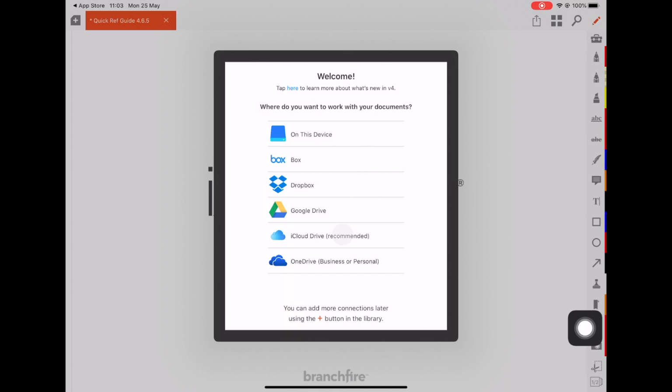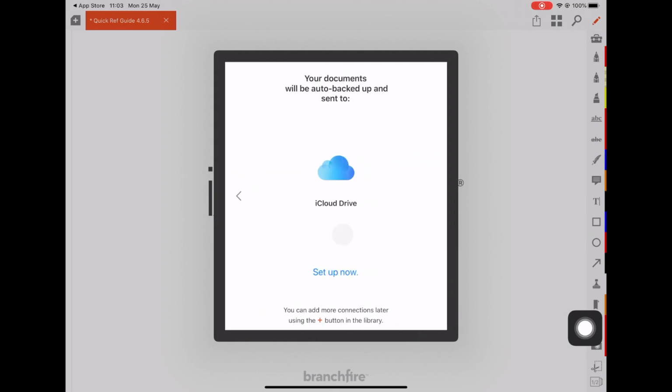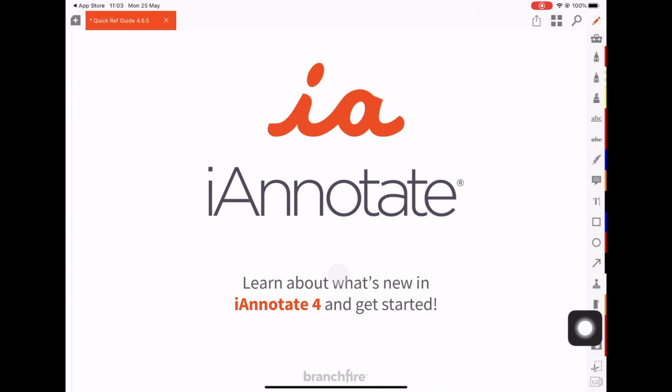Now it's important before you start that you've got some space on the iCloud Drive before you set up iAnnotate, or it just doesn't work. So we'll tap here. We'll tap Set Up Now, and the welcome screen disappears, and there's no confirmation that anything's actually happened. The iAnnotate Quick Reference Guide document, which we're currently looking at on screen, has already automatically loaded in the background. Now that's a PDF like the ones we work with, so let's see if we can save it to iCloud